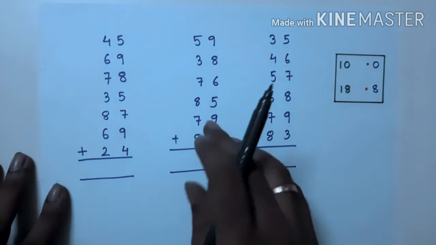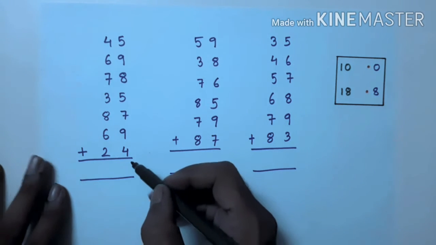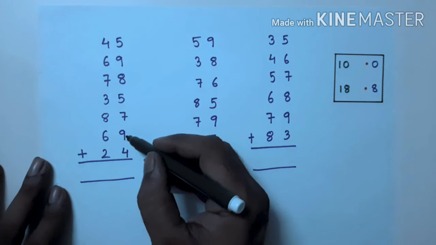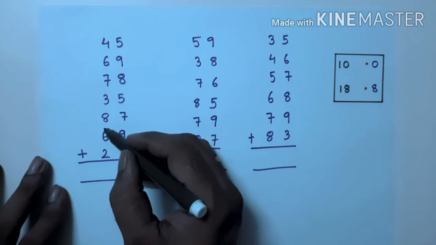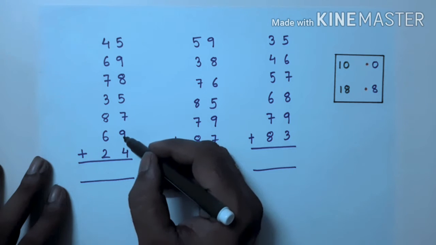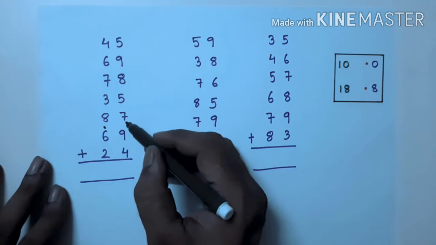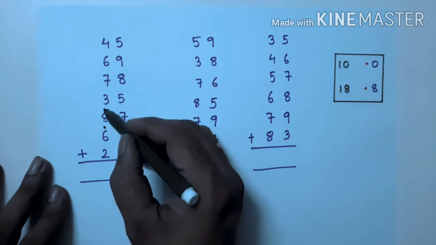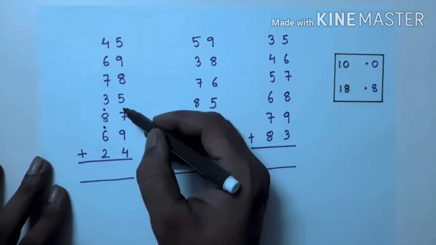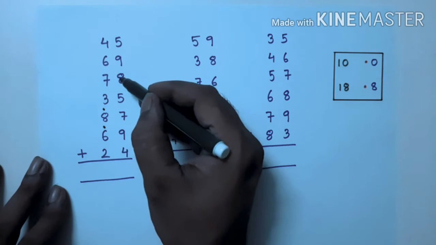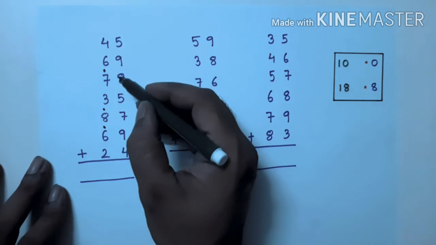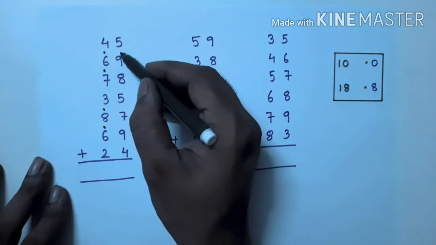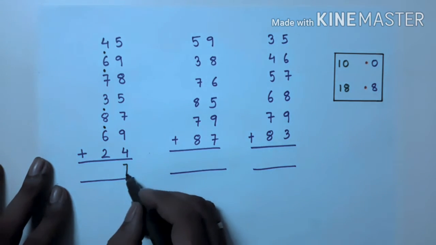So we can see here, we'll start with 4. So 4 plus 9, 13. 13 means dot. Here we'll put the dot now. So 4 plus 9, 13. So dot 3 in the mind. 3 plus 7, 10. 10 means dot 0 in the mind. 0 plus 5, 5. 5 plus 8, 13 dot 3 in the mind. 3 plus 9, 12 dot 2 in the mind. 2 plus 5, 7. Okay.